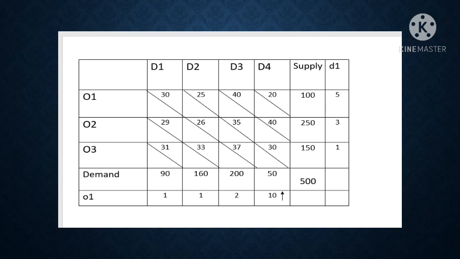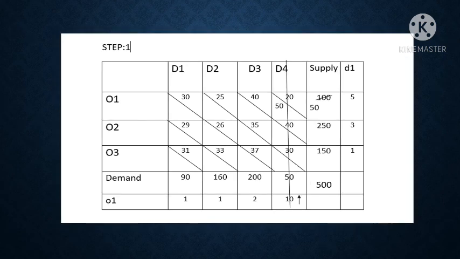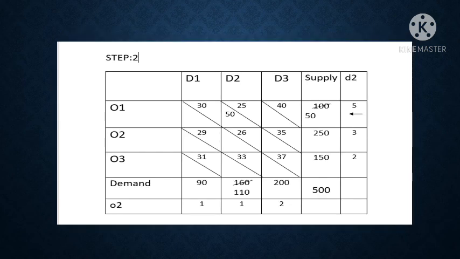Then we need to allot 20 against the 50 and 100, the demand and supply values. Here the lowest value is the demand value 50. Then we allot 50 in the cell with cost 20. Then we cancel the supply value 100 by 50, and we vanish the D4 column. Then the remaining part of the transportation table is written, and we also find the differences of the two least numbers, that is 5, 3, 2 and 1, 1, 2. 5 is the largest number.